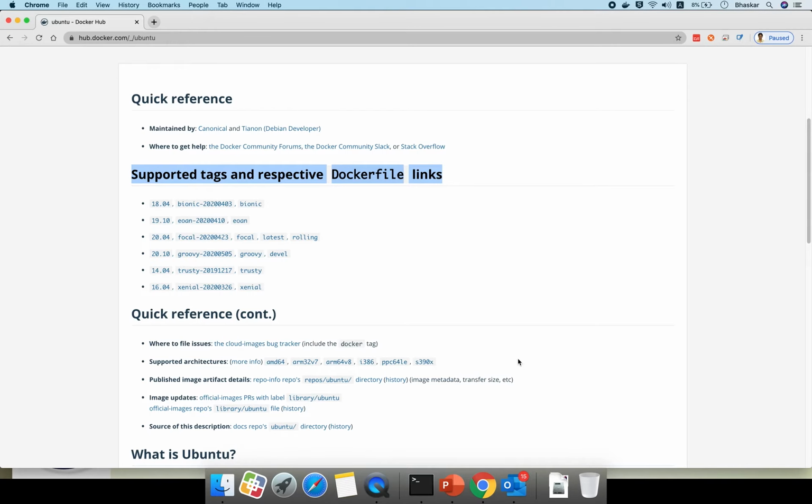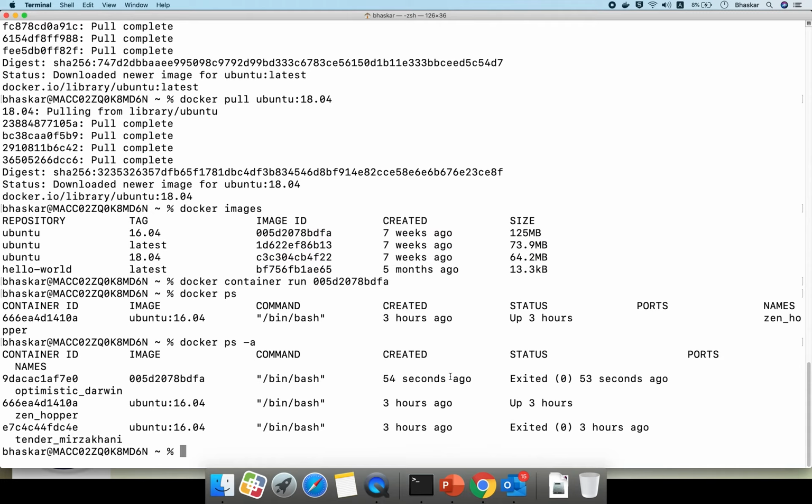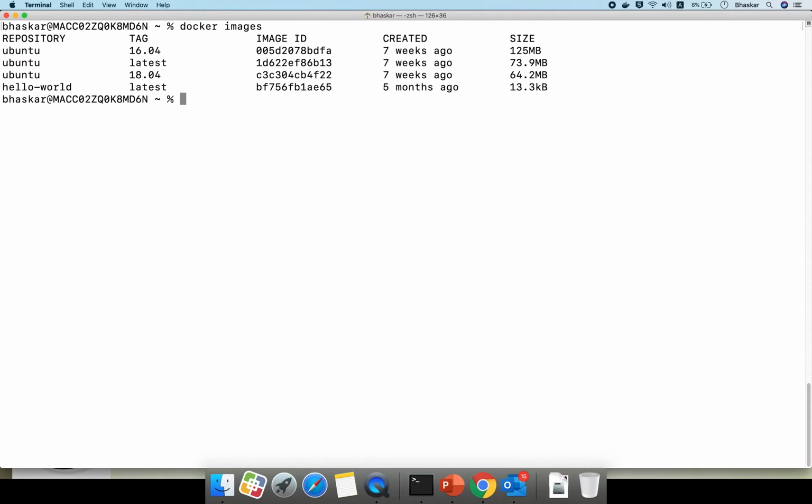Okay, now I just want to add one point. Now just clearing my screen. Now Docker images. Now again I'm running my container, docker container run, I'm giving -it. It is nothing but interactive terminal. So now you are on a Mac, right? Now you will go inside your Ubuntu machine. How will I go? Just go and check.